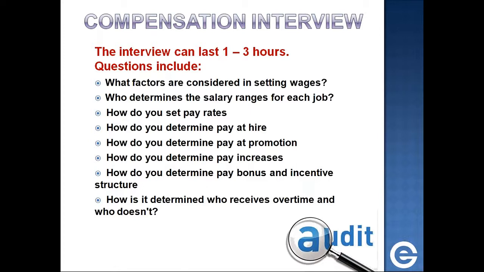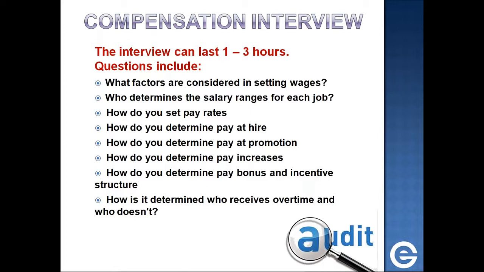So they usually always ask, what factors are considered in setting wages? And then you can answer those as you're taking a look at this slide. You might want to think about this. Jot down what you do, and are you consistent in your process according to the answers that you're giving yourself. Who determines the salary ranges for each job? How do you set pay rates? How do you determine pay at hire?